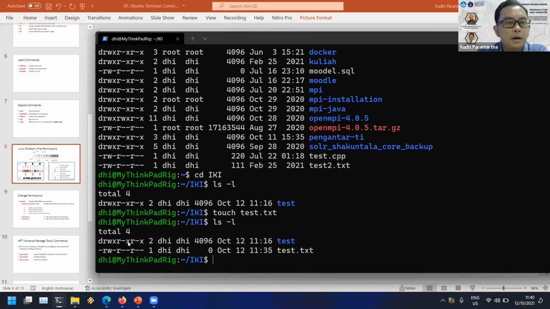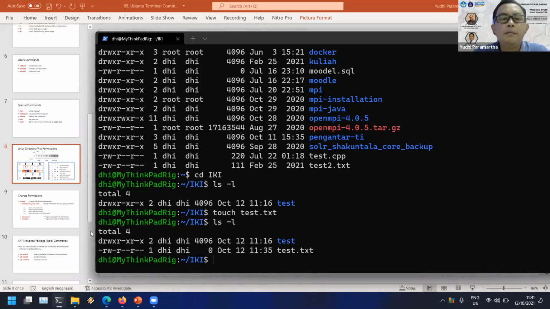When you are the owner of the files, you could change the permission. And usually, when you have write permission, you could change the permission, because changing the permission is modifying the files. So you usually have to have write permission.